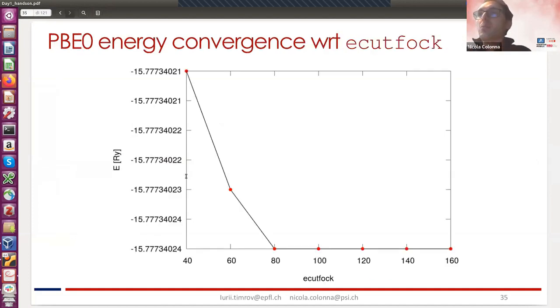Okay, and again, we don't have time to go into convergence tests. I did it for you. So the first thing I checked was, for the PBE0 functional, how the total energy changes when we modify the expansion in plane waves for the exact Fock energy. And you see that you don't need to go up to 160, that would be the default in Quantum Espresso, already 80, but actually if you look at the scale of this on the y-axis, you see that already 40 is a very good choice. You're making an error that is very, very small on this scale. So this means that we can safely choose 40 Rydberg as the value for the